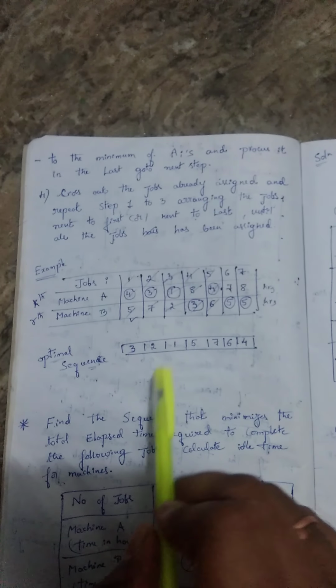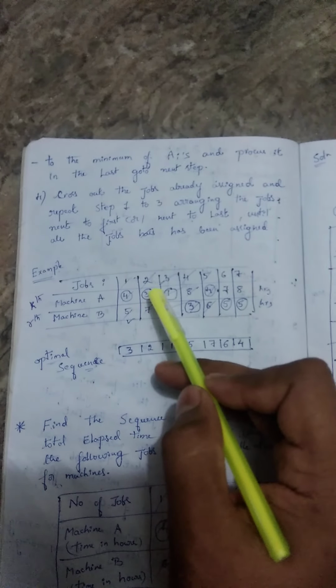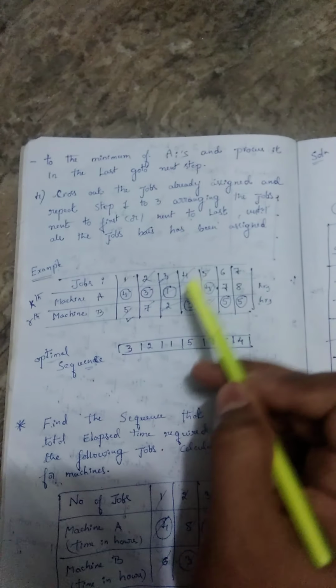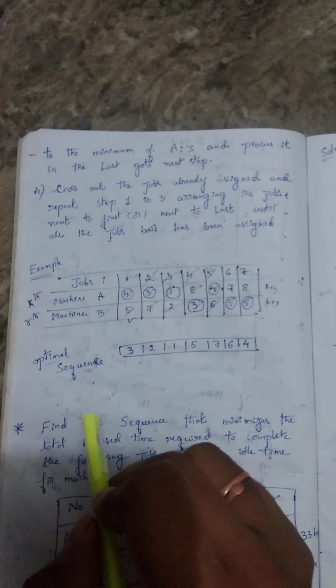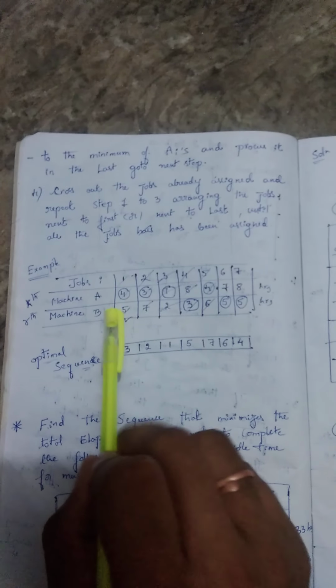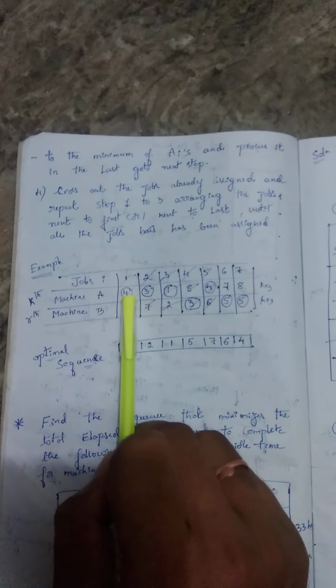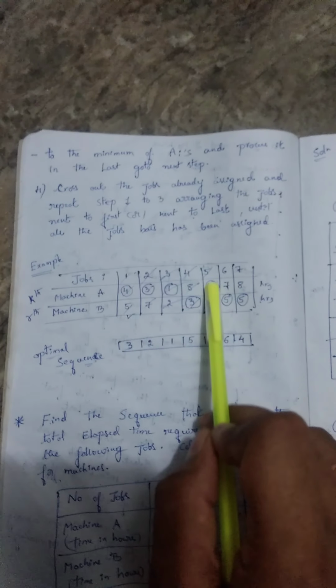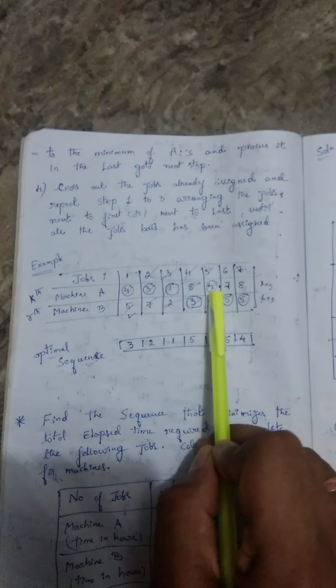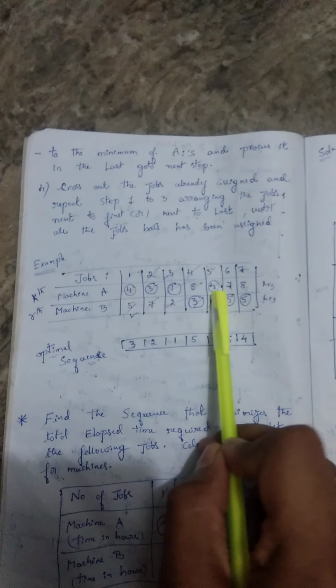Next, what is the smallest element? Just after placing the jobs, you are crossing those particular jobs. You are crossing the second job and the fourth job also. Next, what is the next job? The smallest value in machine A working hours. Here we have 4 in machine A, and at the same level there is also 4 working hours. That means the first job and the fifth job.